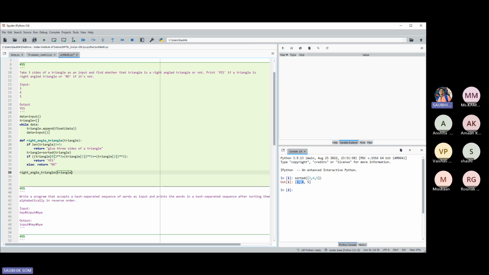We have defined this is where our triangle loop will be formed. First we'll get our triangle, then we'll check the triangle and return it, okay? And calling the function. That's all, right? Quite simple. So if I now run this program,